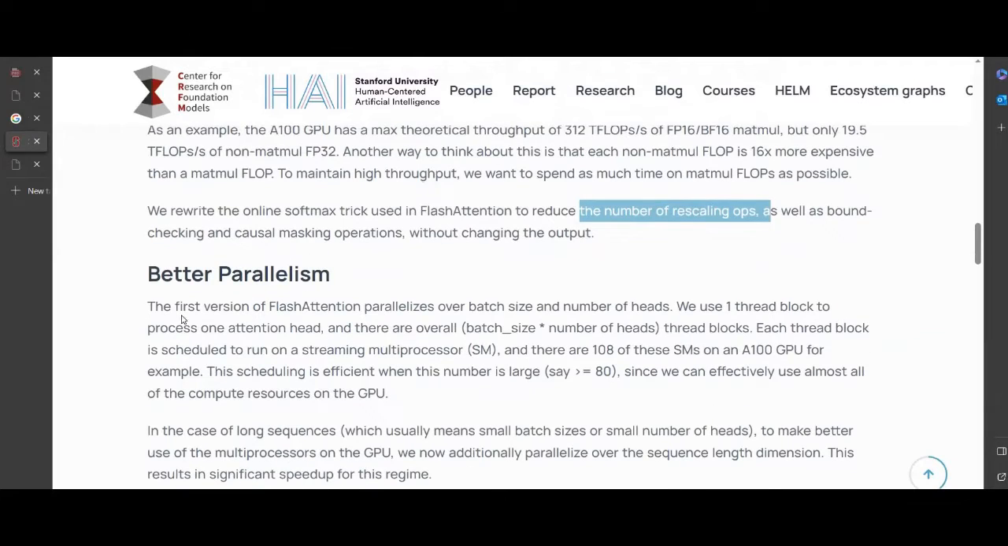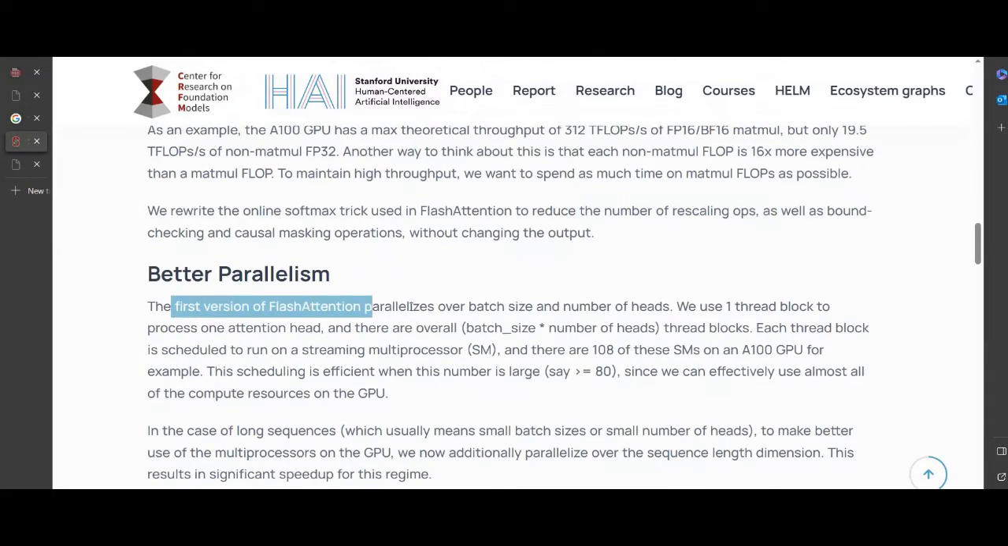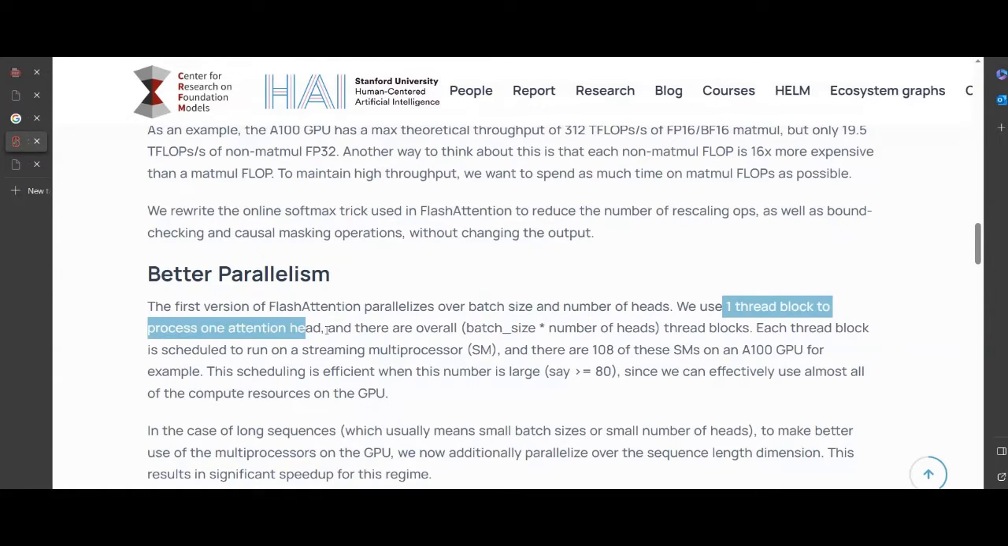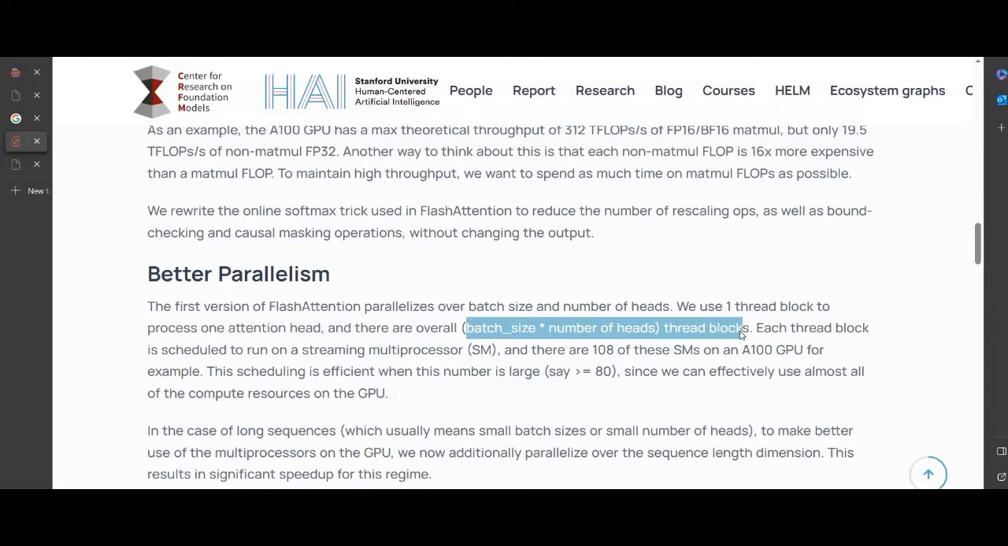Then they have a better parallelism. They said that the first version of FlashAttention parallelized over the batch and the number of heads. So in multi-headed attention, for each attention head, you have a batch size and a sequence length. So your input is batch size cross sequence length. In the original version, they parallelized over the batch size and the number of heads. So each thread block was running one attention head, and overall there were batch size times number of heads thread blocks,